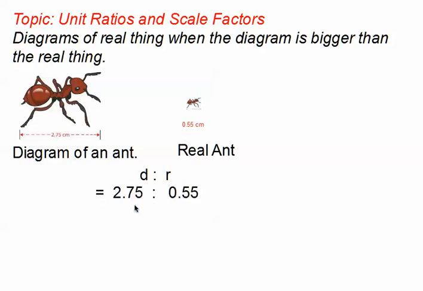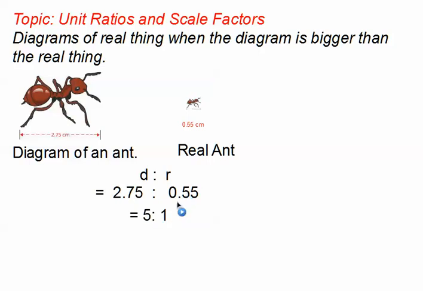And then we can simplify the ratio. Usually in this sort of thing we make it as something is to 1 or 1 is to something. Let's make this smaller number 1. To make it 1, we have to divide by 0.55. So if we're going to divide this bit by 0.55, we have to divide this bit by 0.55. So when we do that, we find